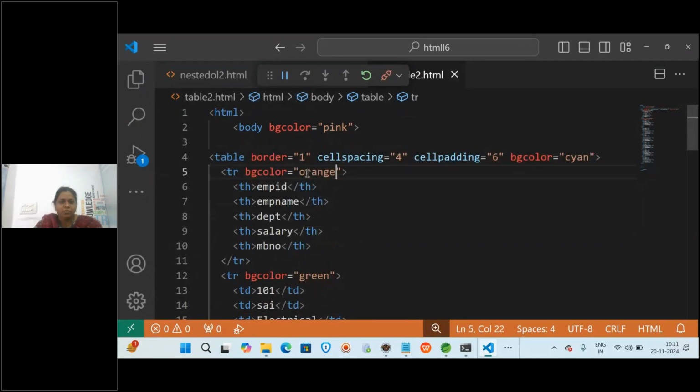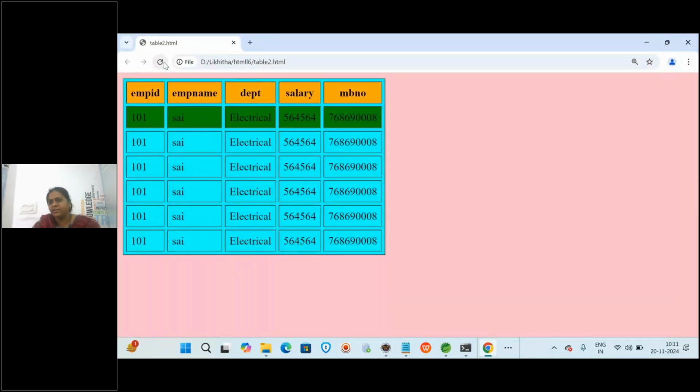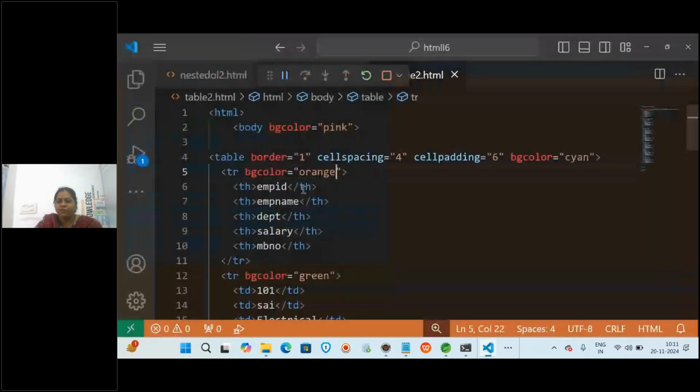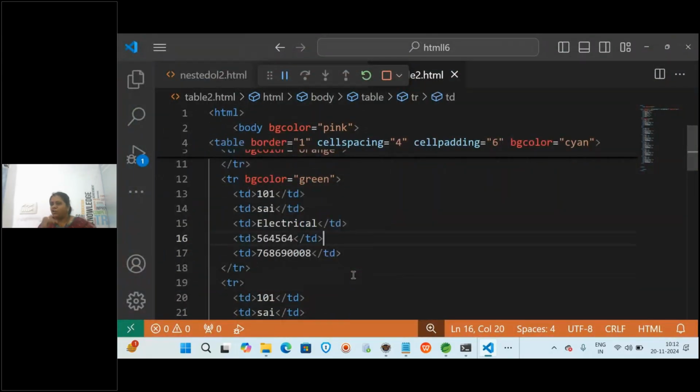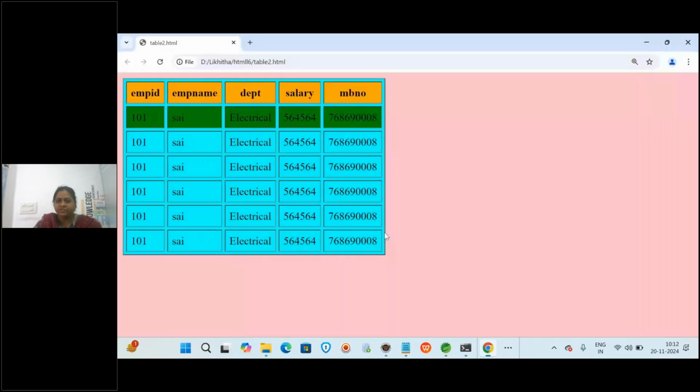Save this, go back here, refresh. We got it? Yes. So if you want, specifically, you can give the complete table one color, row-wise also you can give one color. In the same way, any particular column you want some color, there you use bgcolor. Bgcolor is equal to, I'm writing, what? Yellow. Means you want to highlight what? The salary. So now I'm going to save this, go back and then refresh. We got it or not?